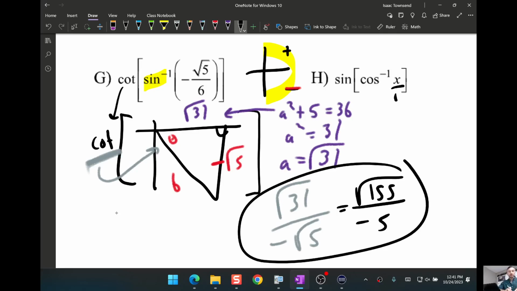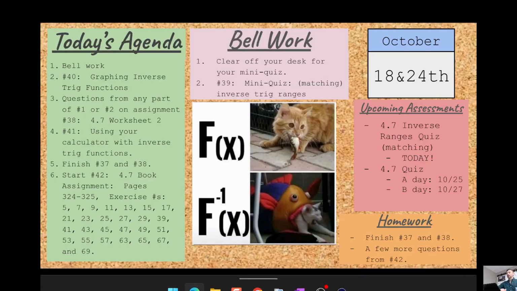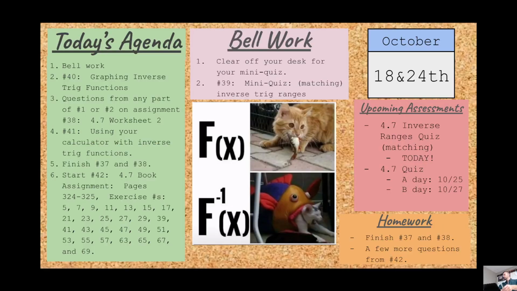Okay, anybody else have one from the homework worksheet 2 before I give others another chance? Okay, anybody that had a question have another one? Okay, then what I need y'all to do to finish up here,